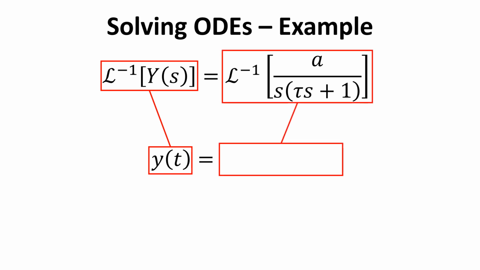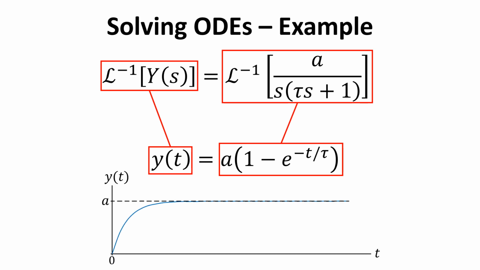And then for this function here, we write in a brackets 1 minus e to the power of minus t over tau. And just out of interest, if we were to plot this, this is the sort of graph that we'd get. So that is how we can solve ordinary differential equations with Laplace. And that is one particular useful example that we actually need when we apply this